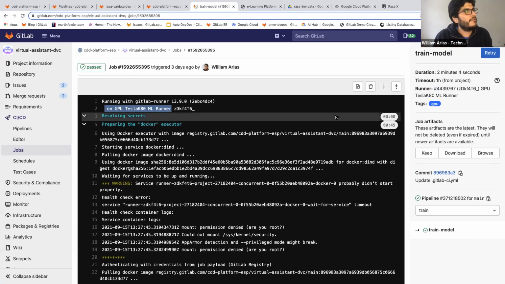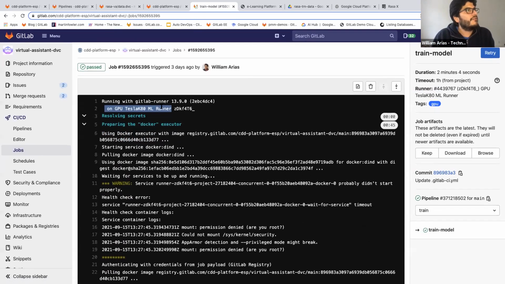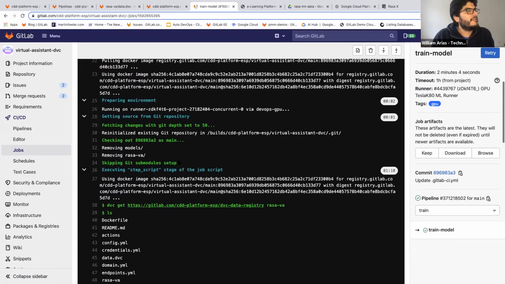So here, one of the cool things is that we are only using the GPU when we need to train the model, and then this machine disappears and it gets turned off. So for this stage of training model, this is automatically provisioning for me a machine with GPU